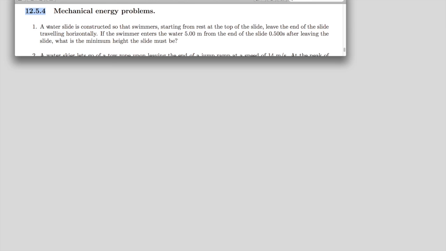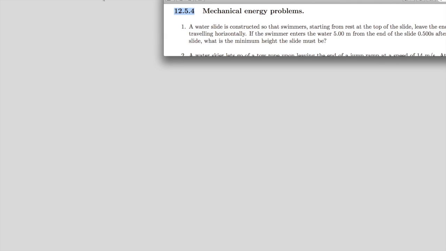And the first question we'll be dealing with is a swimmer going down a slide and then shooting off the end at 5 meters, flying a distance of 5 meters in 0.5 seconds. So as with all questions, let's start with a list of knowns. So knowns from the question,